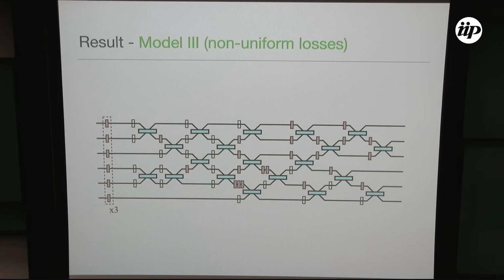Now, the intermediate step is the thing that I'm going to gloss over, but it's interesting because it's constructive, right? So I can give you an efficient description of a different interferometer, which is mathematically equivalent to the one that you care about, where you've pulled out some number of layers of uniform losses, in this case 3, and you're left with an efficient description of what's left, right? And I think this has general independent interest regardless of this Boson sampling stuff.